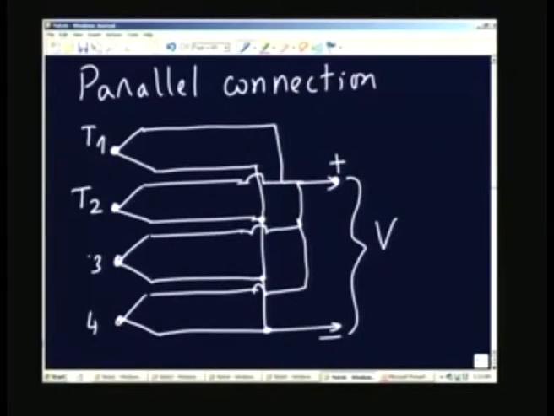If you see here what is happening, suppose this is the temperature T1, this is the temperature T2, this is temperature T3, this is temperature T4. The output is now not the output from a single thermocouple, but it is due to all the 4 thermocouples connected to the terminals plus or minus in parallel. If the temperatures are all the same, if T1 equal to T2 equal to T3 equal to T4, I will simply get the value of one of those temperatures.